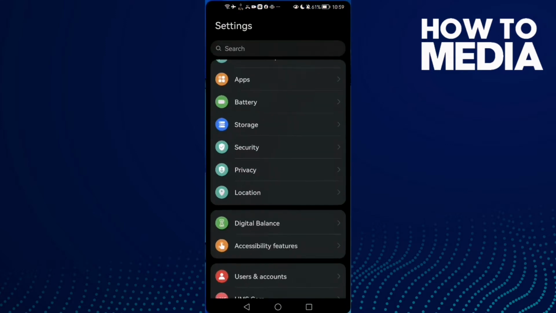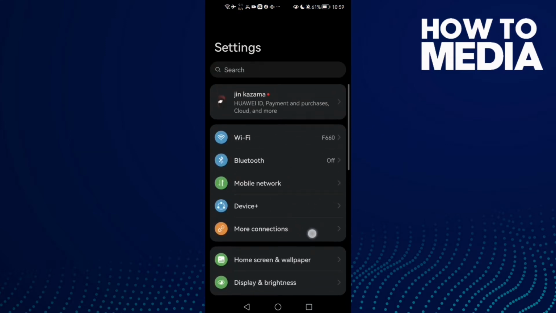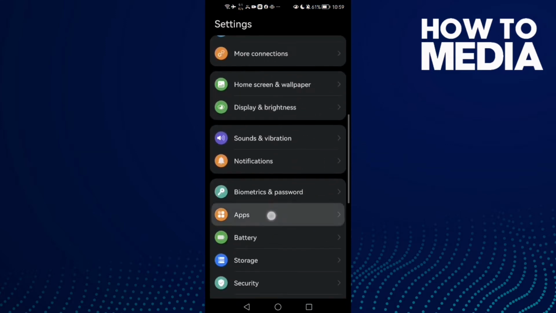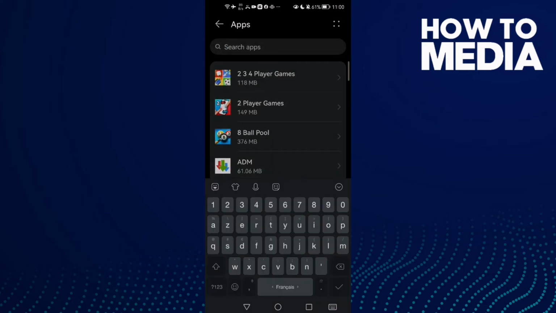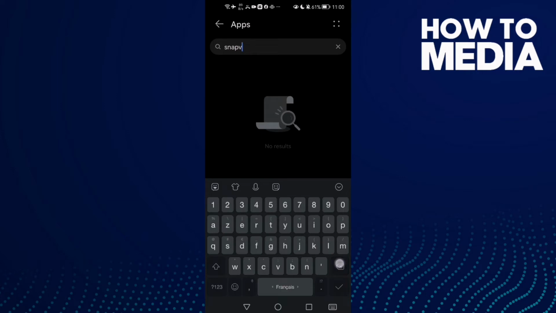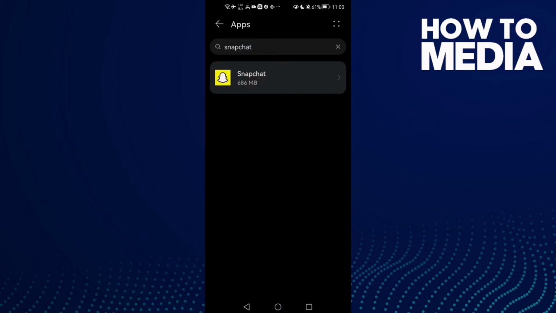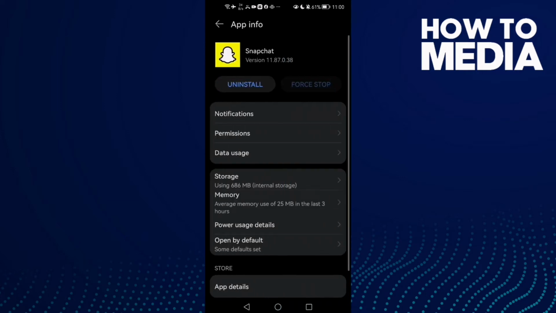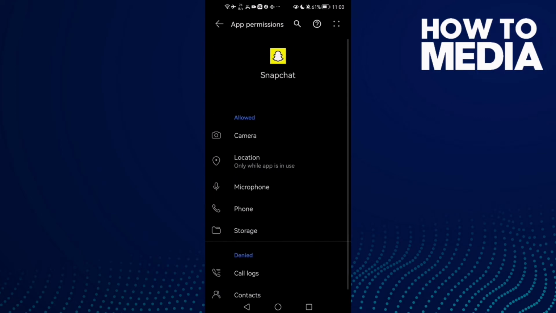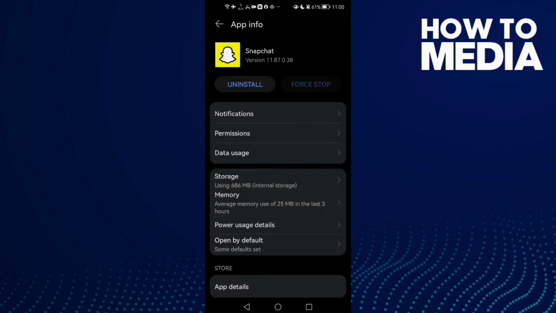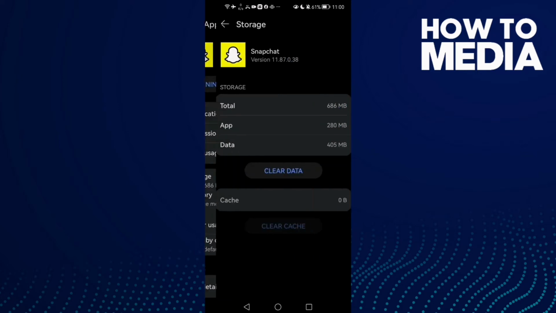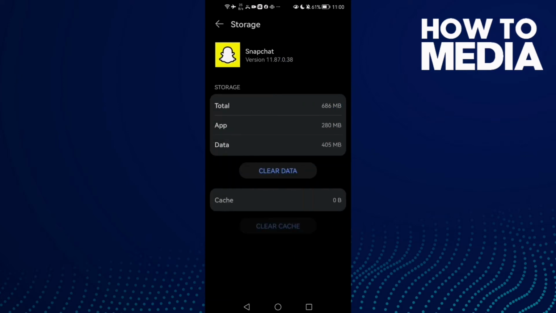First open settings and now scroll down until you find here apps and then click apps again and here type Snapchat, click on it and now go to permissions and allow all of those permissions here, and after that just click storage and then click clear cache,